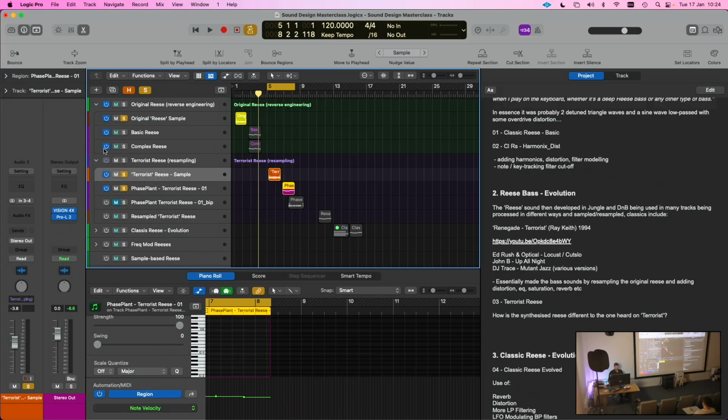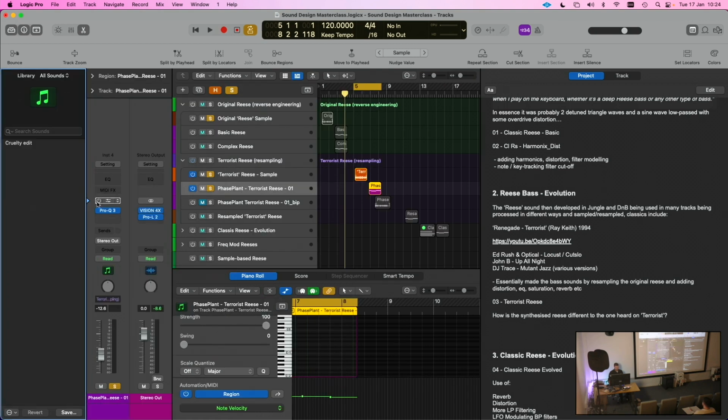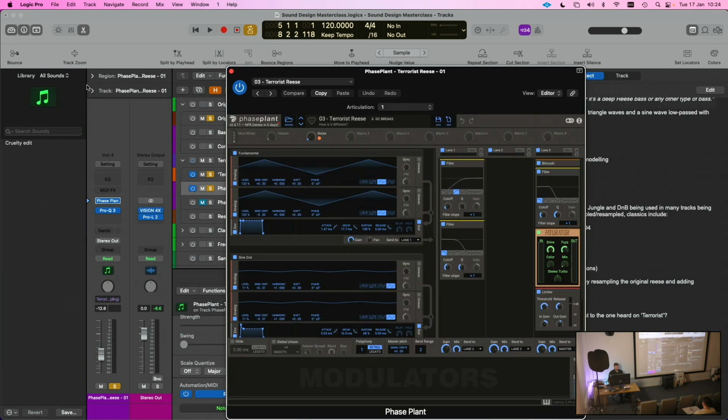Just need to turn these on. I'm just going to turn all these off because Faceplant is a real drain. And turn this guy on here. Oops. This mouse is a little...